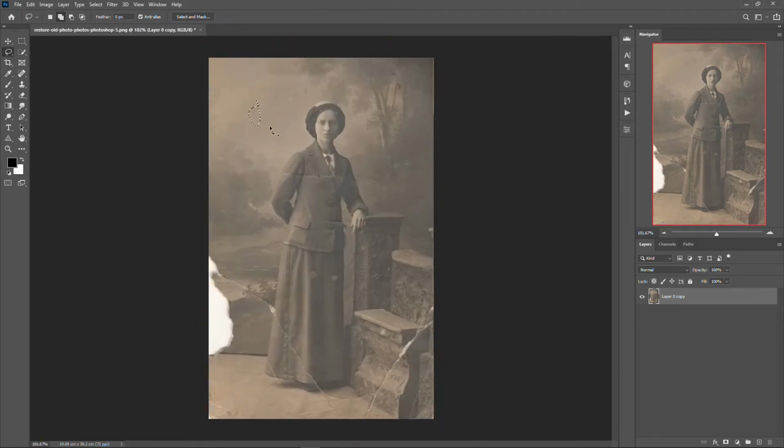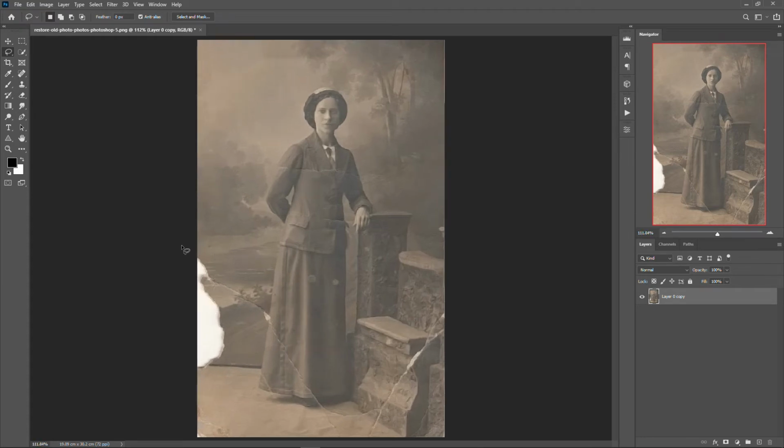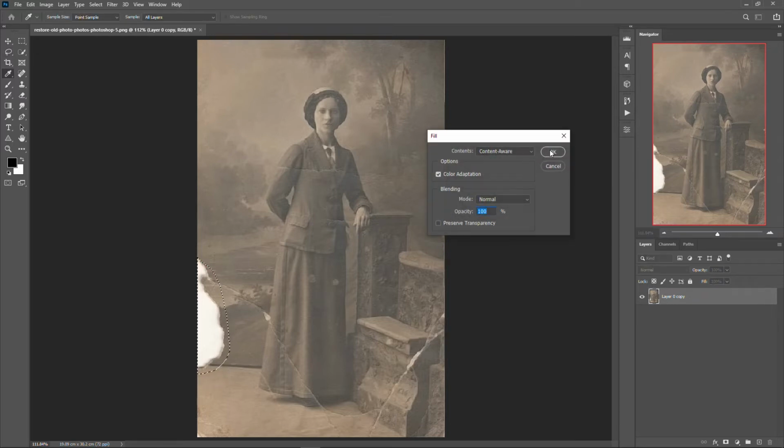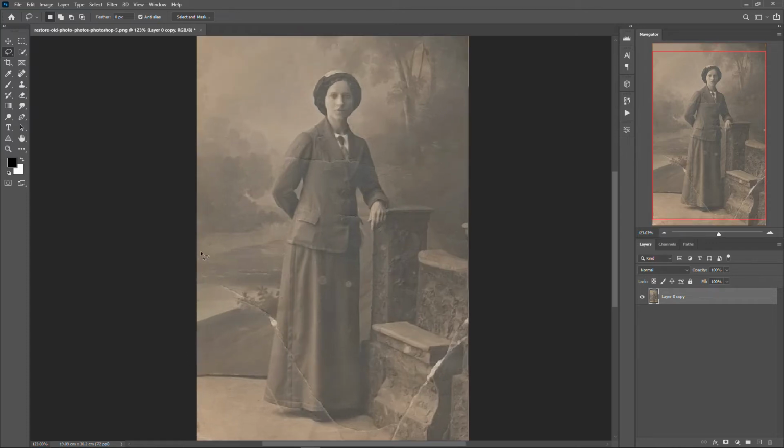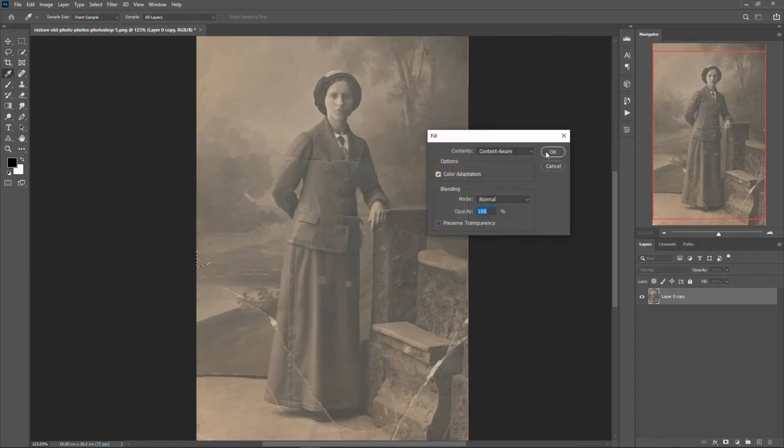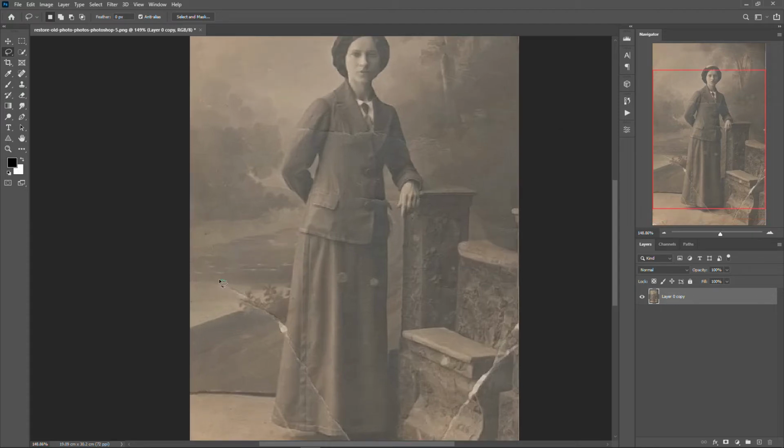So this area here, maybe there's some dust here. We wanna change this a bit. You can actually go fix this part. So you might want to be a little bit precise with this area, like that. Content aware, and boom. As you guys can see, it has been fixed perfectly, and just keep doing this